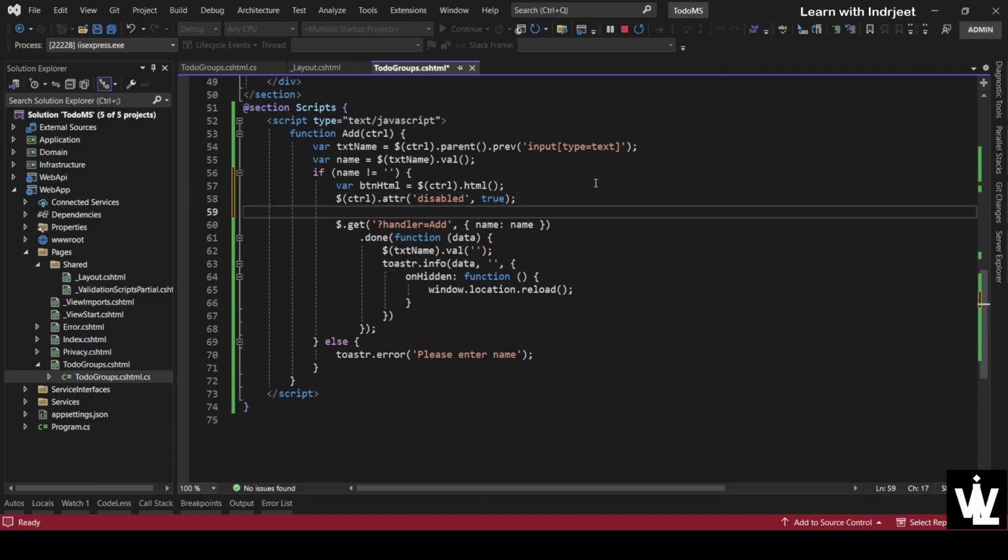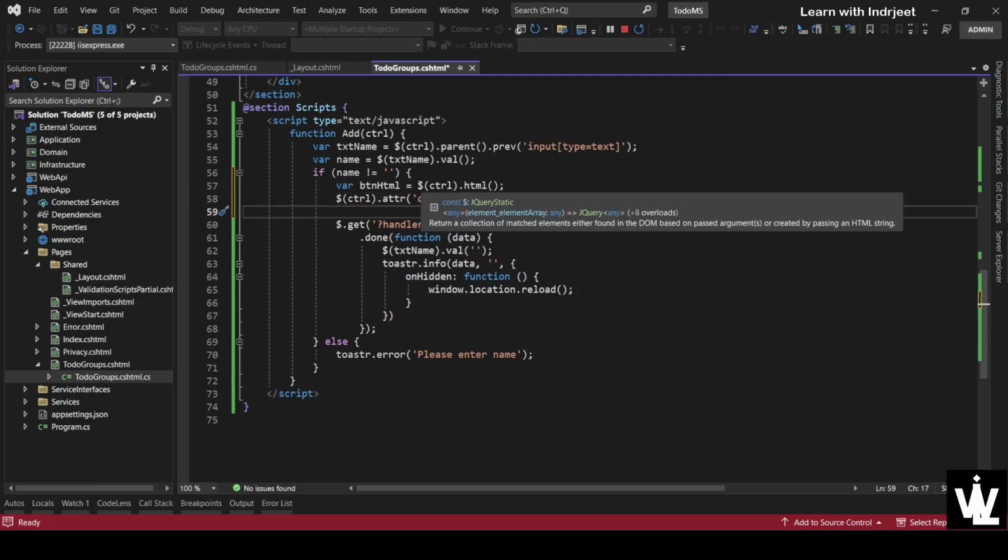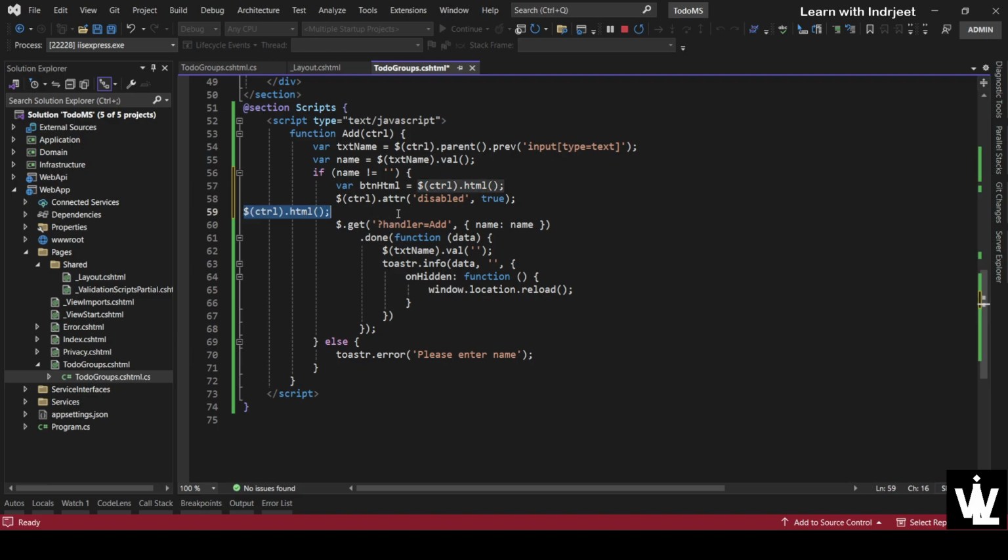And now we want to set the new HTML on the control. So the new HTML will be, let's put in an icon with a spinner. Okay, right, so